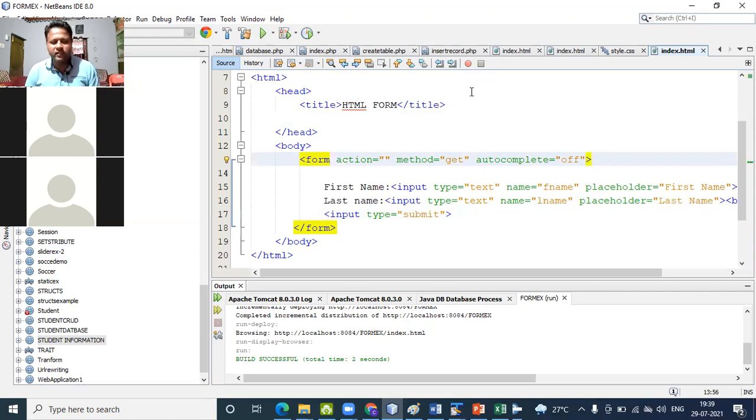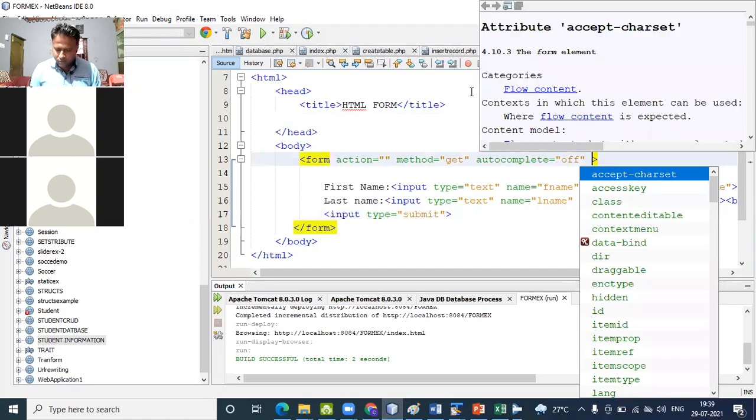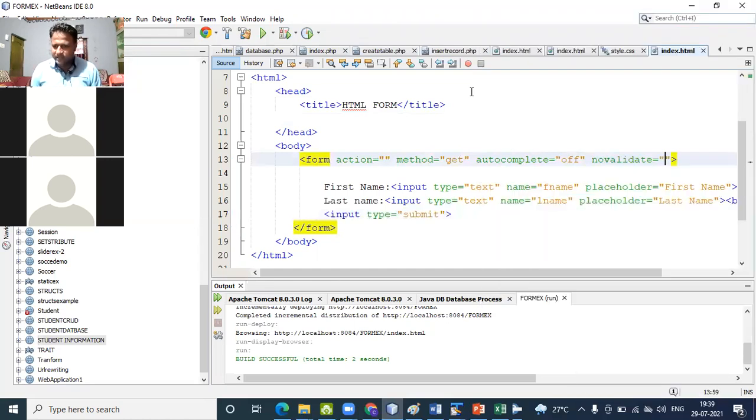It will not check, the value will be submitted. So I pass here novalidate. Then when you submit your information, it is not validated.